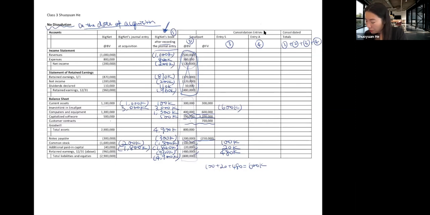In order to mark up the assets and liabilities from book value to fair value, we debit computer equipment by 200,000, which is the difference between fair and book value. Debit capitalized software by 1.1 million. And debit customer contracts by 700,000. We credit notes payable by 50,000. So those are the journal entries